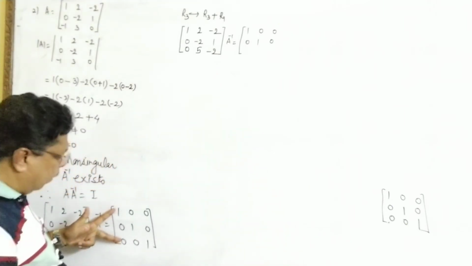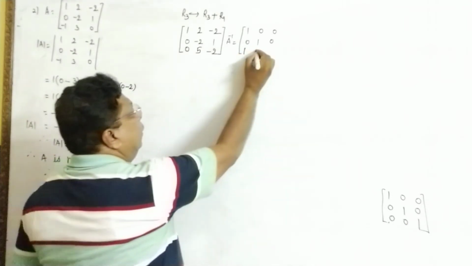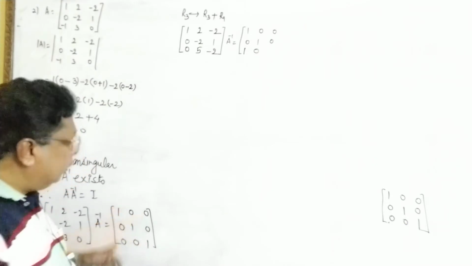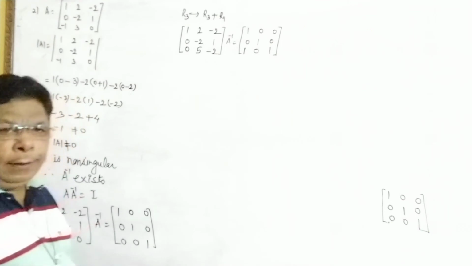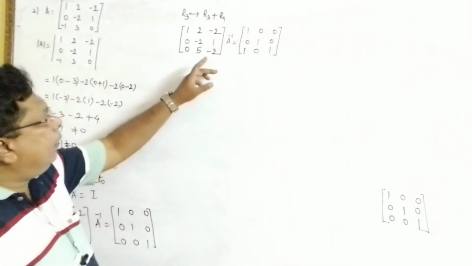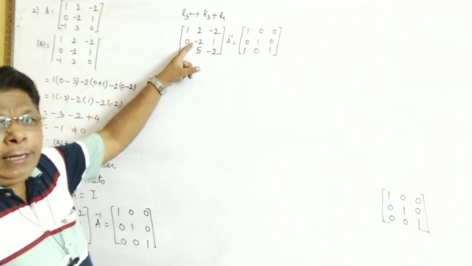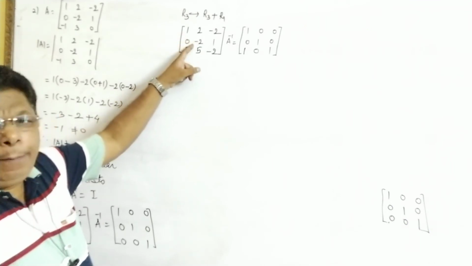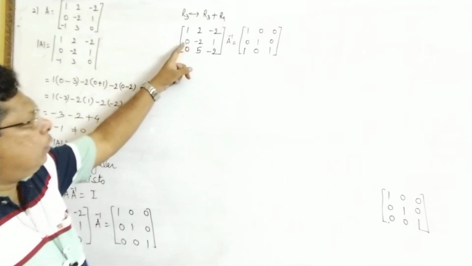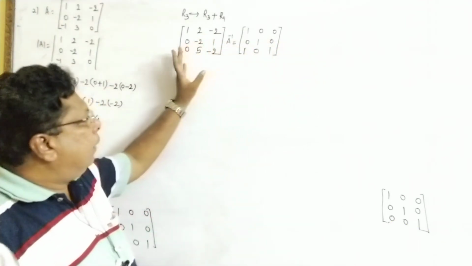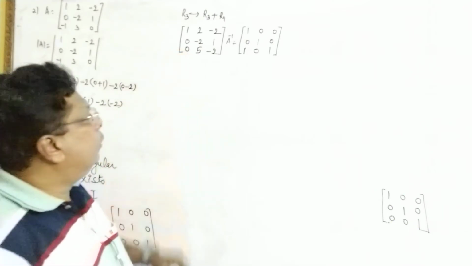Here 0 plus 1 is 1, 0 plus 0 is 0, and last 1 plus 0 is 1. Second step is over. Third step, bring 1 in the place of A2 2. To bring 1 here, there are two types of operations: divide by -2, otherwise take operation with the third row. If we divide by -2, on the right hand side we will get fraction elements. So for that purpose, take the operation with the third.